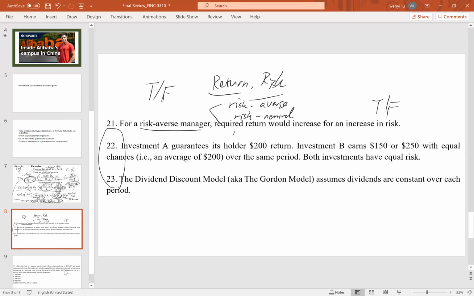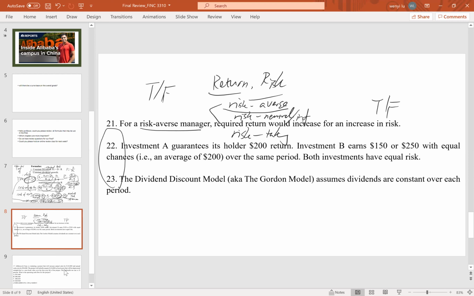Investors, the other one is what is risk taking. For risk averse investors, they don't like to take risk. So for an increase of risk, they ask for compensation in the return. So that's called risk averse investors. What is risk neutral? Or you can say risk indifferent investors means